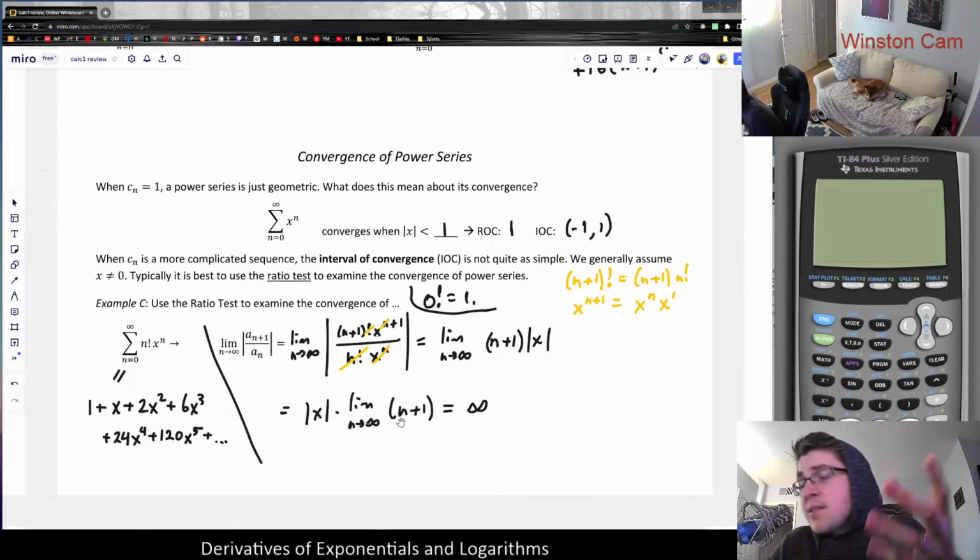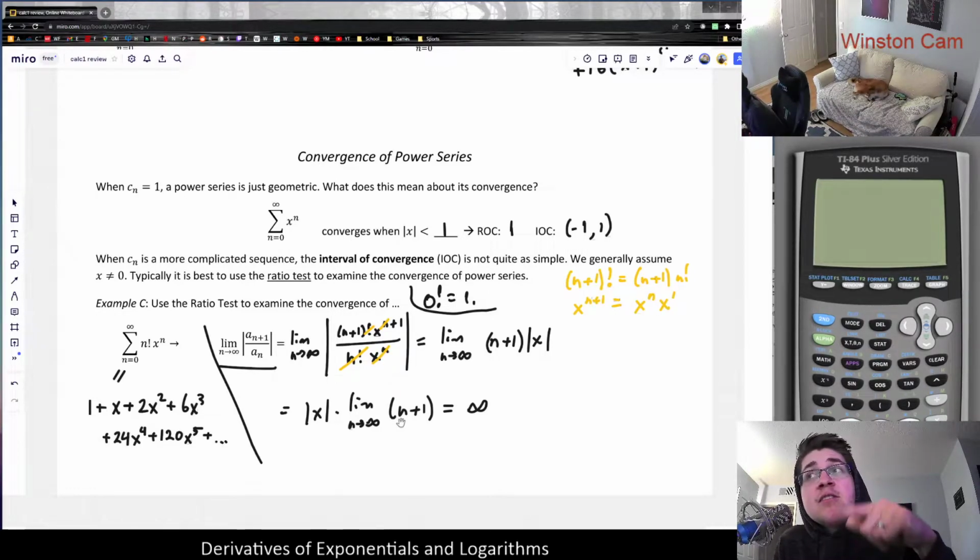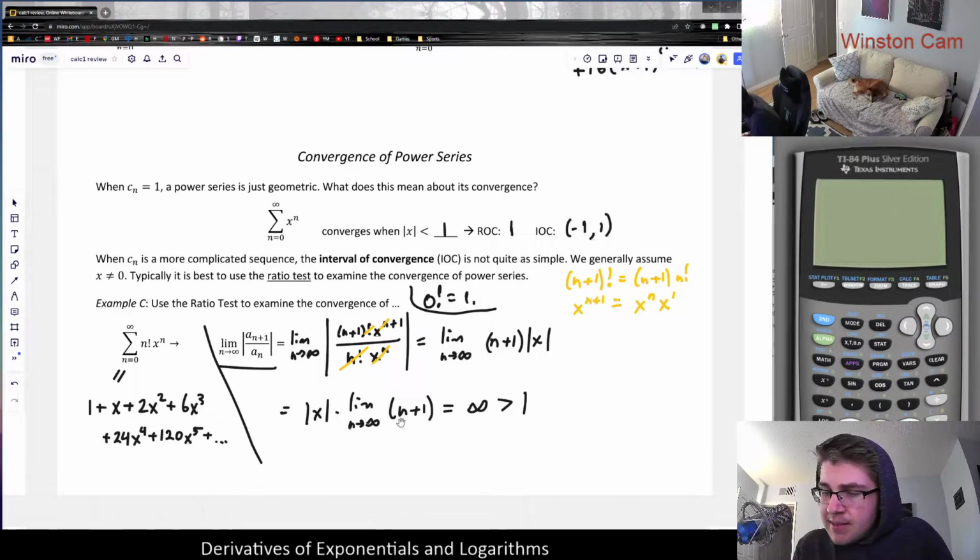And so, okay, well, what does this mean? If you remember, what we're doing is we're using the ratio test. And the ratio test tells us that the series converges if the limit is less than 1, and it diverges if the limit is greater than 1. Infinity is definitely greater than 1. So what that means, again, by the ratio test, is that this series,